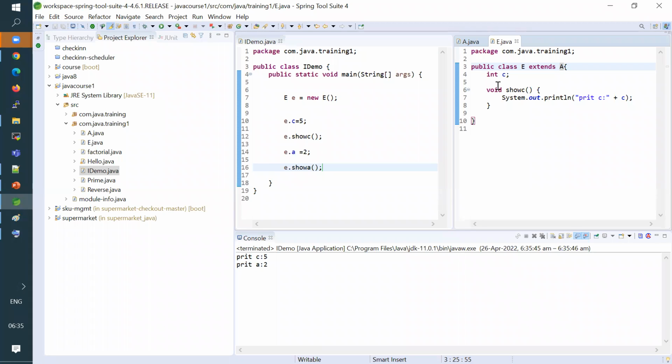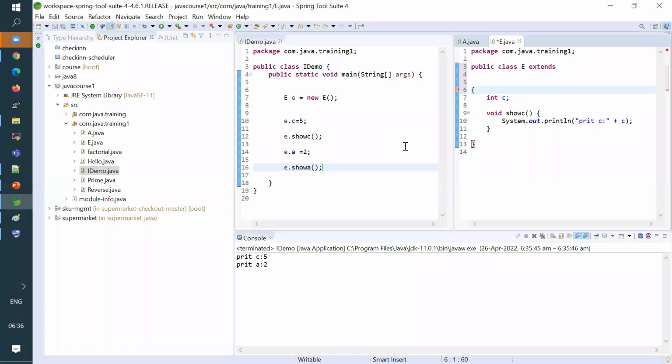So we know that using one class object, we cannot access other class methods. But here, using class E object, we were able to access class A members because of what? Because of the inheritance. Because your class E is extending class A, right? Your class E is a child of class A, right? But if you see E dot here,